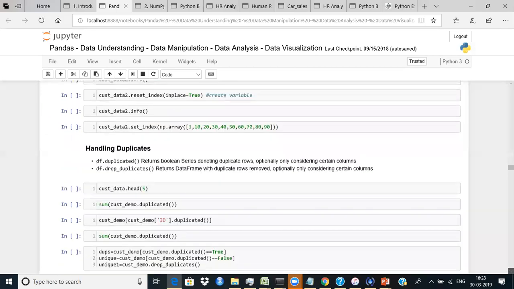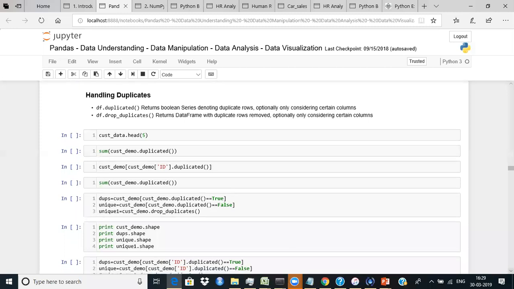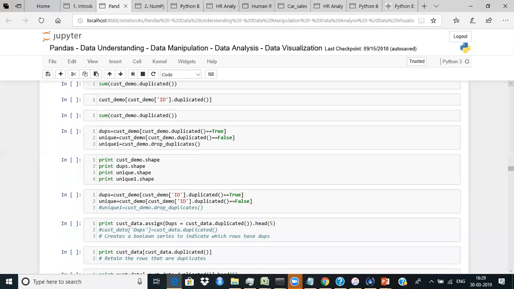Okay. Now, the next one is handling duplicates. Duplicates are an issue if they are present, right? So you'd ideally want to remove duplicates from your data. Make sense? Okay. So how do you remove duplicates from your data? Duplicate rows or any duplicate in a particular column. Let's say, for example,